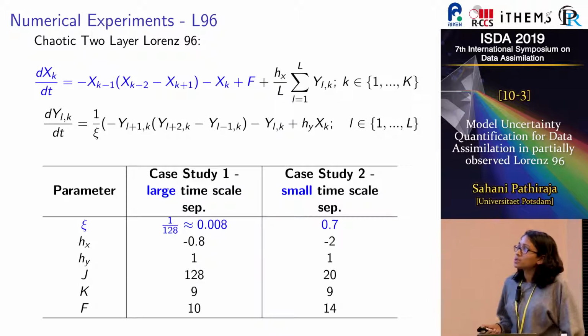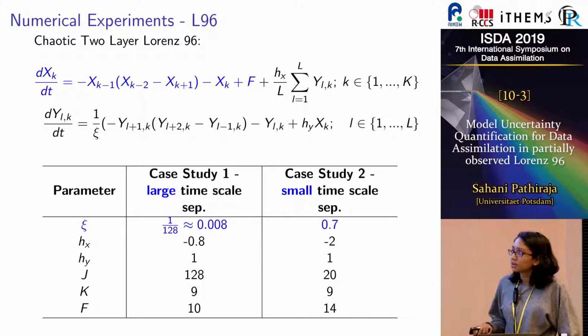Okay, so we performed some numerical experiments with the multi-scale Lorenz 96 with two different chaotic regimes. The first involves a large timescale separation, and this was originally considered by Fatkulin and Vanden-Eijnden. And it has a nice error structure, so it's a good test case for us to look at. But this large timescale separation is not so realistic, so we looked at a smaller timescale separation in this second case study, which is a bit more realistic and also slightly more difficult to parameterize.